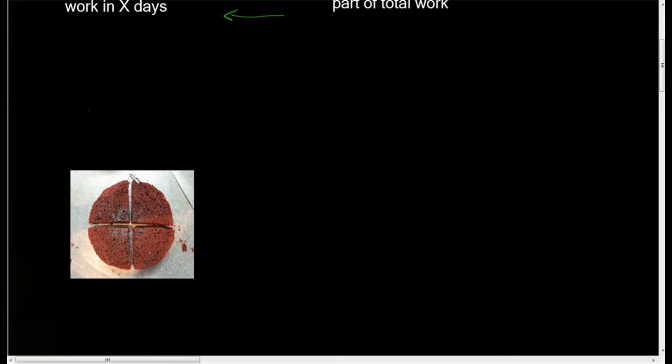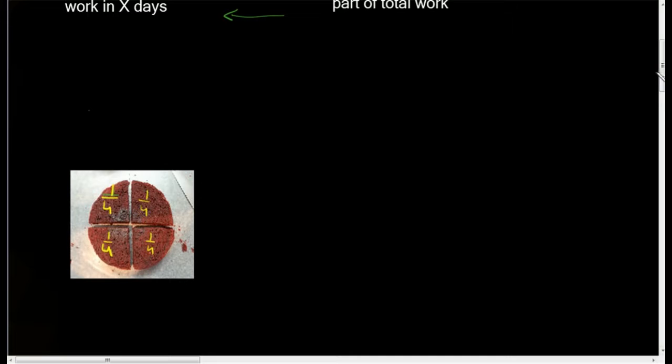So if he cut like this, then each piece will be 1/4 of the total, right? Because he has cut it uniformly. So each piece will be 1/4 of the total. So he decided to eat one piece every day. So that means